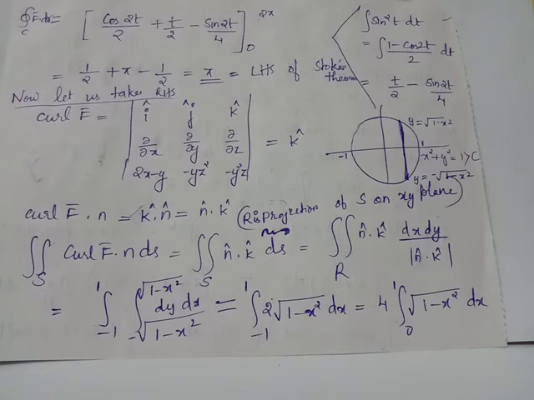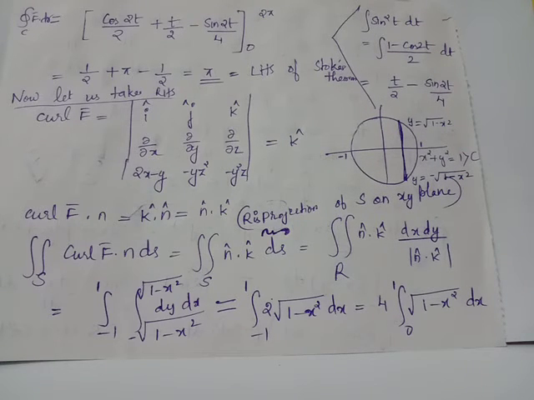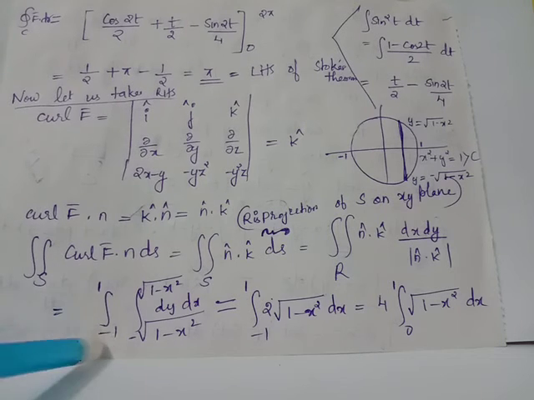In order to find the limit of x, you will have to allow this vertical strip to move across the complete unit circle. When the vertical strip reaches this point, it assumes the value x equals -1. From there it enlarges, and after that when it reaches this point, it assumes the value x equals 1, thereby tracing the complete region bounded by the unit circle. Therefore, x varies from -1 to 1.